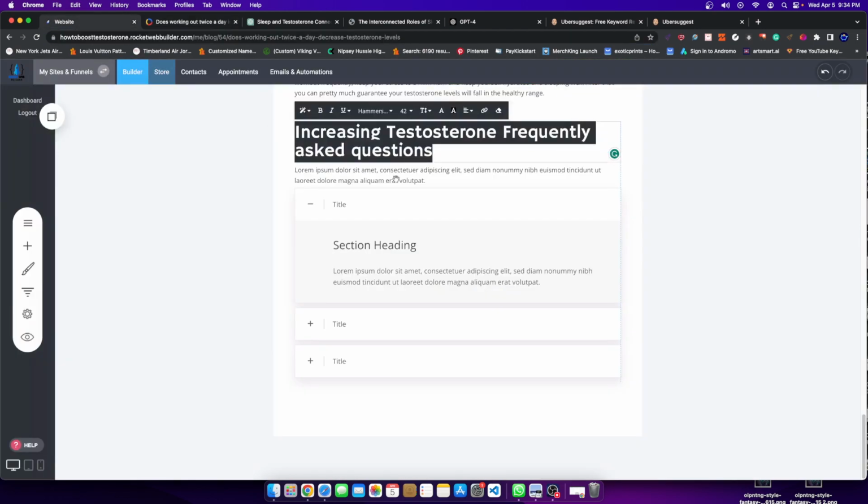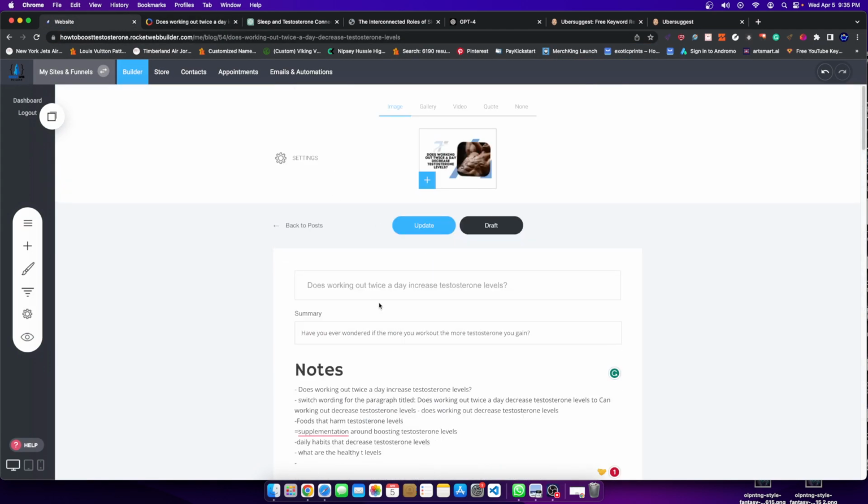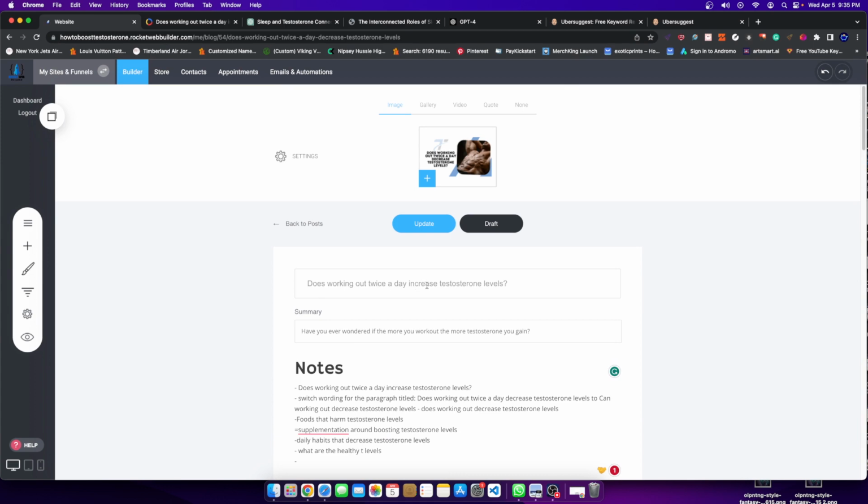So here's an article that I have that is titled, "Does Working Out Twice a Day Increase Testosterone Levels?" And this article has one purpose. It's about talking about whether working out twice a day simply moves your testosterone level up or down. That's really it.